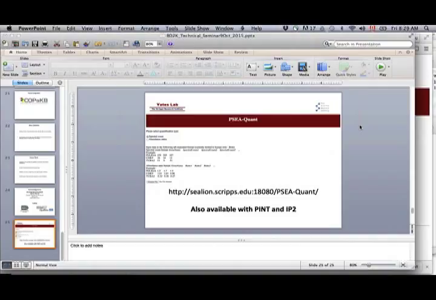The limiting step is the synonyms, basically, of all the protein symbols. The annotations, for instance: one of our main usages of PSEA-Quant is still GO annotations, and GO annotations do not necessarily always use the same identifiers for all of the proteins, and I guess you're pretty familiar with that.